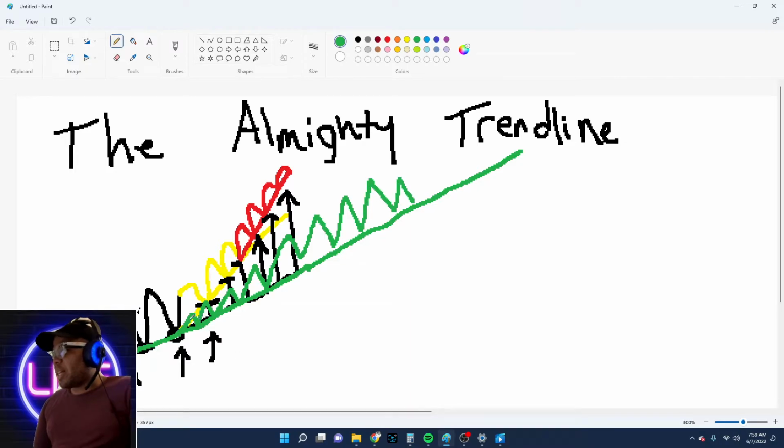When you start to get these bumps, though, when you start to get these trend line changes, you want to think of them as the trend is accelerating, but it's also getting more dangerous to trade. Because eventually the music's going to stop, and when it stops, you're going to lose one of these trend lines. You don't want to be the person that bought up here, because you don't know if it's going to stop here at the accelerated one, or it's going to come back to the original one.